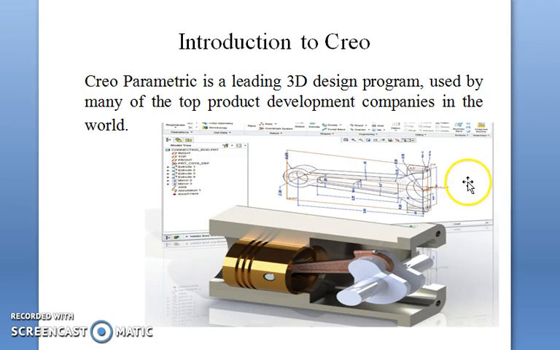Creo software is a product of PTC, which was formerly famous by the name of Pro E. Until Pro E5, there were five versions of Pro E, and the sixth version of Pro E is Creo. Now Creo 2.0 is available, 3.0 is available, and Creo 4.0 version is also available.